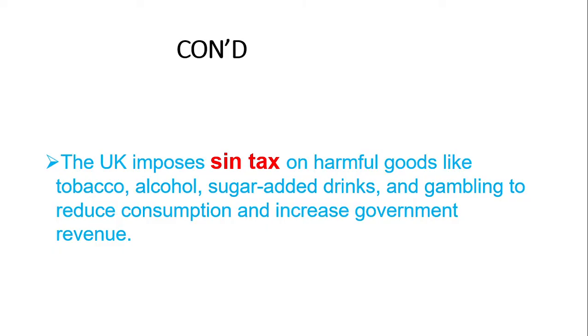The United Kingdom imposes sin tax on harmful goods like tobacco, alcohol, cigarette drinkers and gambling to reduce consumption and increase government revenue. ይችን ፖይንት ያዙ። ዩናይትድ ኪንግደም ሳይን ታክስ የሚባል ታክስ ሌቪ ታደርጋለች። ምን ላይ ነው ሌቪ የምታደርገው ከተባለ ሃርምፉል ጉድስ ነው። ሃርምፉል ደግሞ ጎጂ የሚባሉ ጉዶች ጋር የነሱን ጉዳት ለመቀነስ ኮንሳምፕሽናቸውን ሬዲዩስ ለማድረግ ሳይን ታክስ አፕላይ ታደርጋለች። ሶ ይህ ሳይን ታክስ አፕላይ ከሚደረግባቸው ሃርምፉል ጉዶች መካከል የመጀመሪያው ዛት ቶባኮ ነው። ሁለተኛው አልኮሆል፣ the third one is cigarette drinkers and the fourth one is that gambling to reduce consumption and increase government revenue. እነዚህን ሃርምፉል ጉድ ኮንሳምፕሽን ሬዲዩስ ለማድረግ እና የገቨርንመንት ሬቨኑ ኢንክሪዝ ለማድረግ ሳይን ታክስን ልታደርጋለች ማለት ነው።